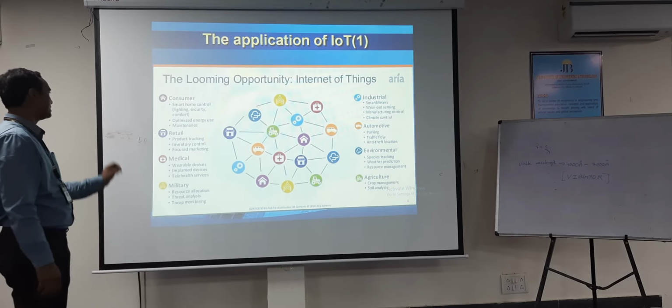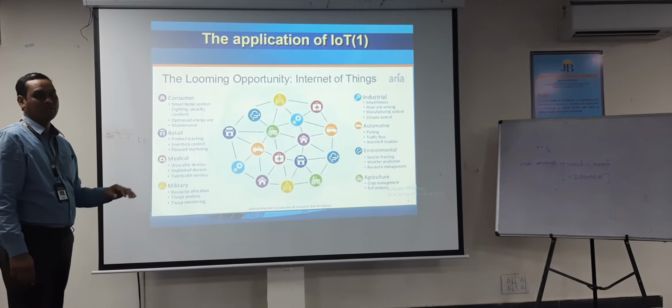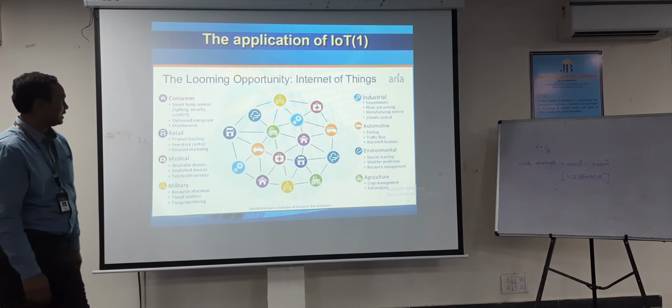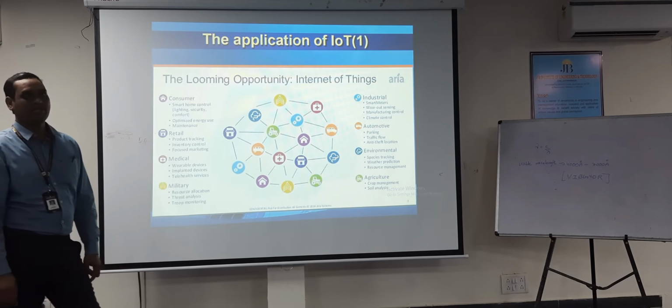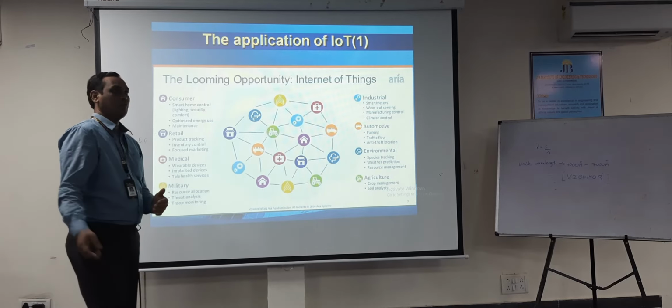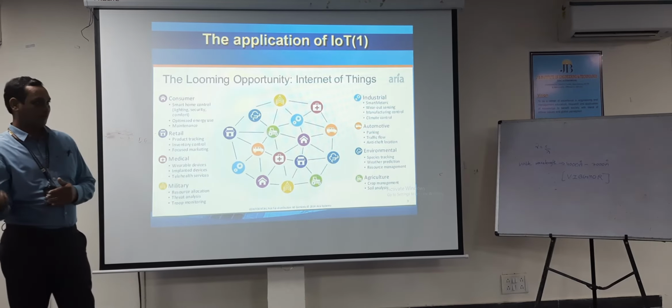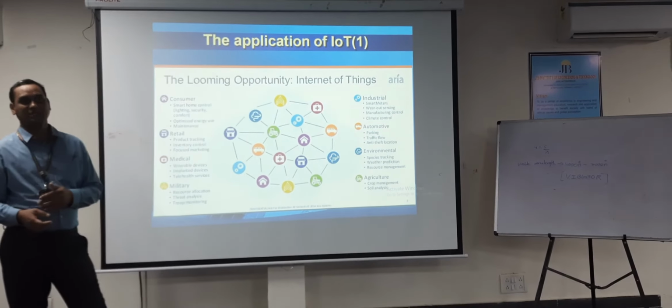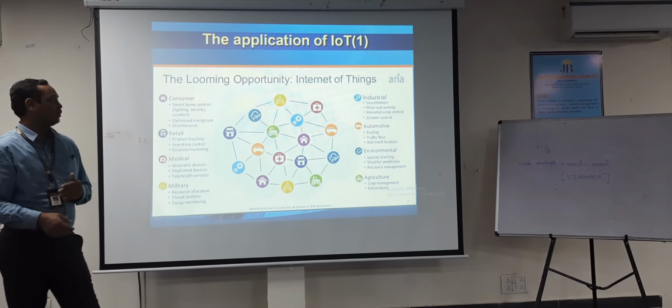So let us see with an example how we are going to use these IoT devices in our smart homes. Clear? Let us take an example of an AC, air conditioning. In previous days, we used to go home, and after getting in, we used to switch on our AC. After 5-10 minutes, the room temperature is going to be cooled.